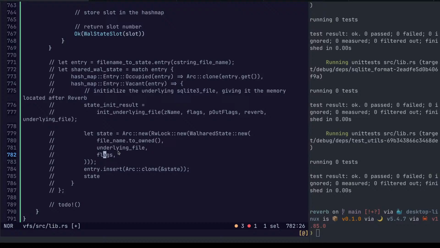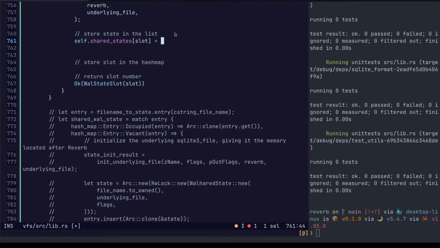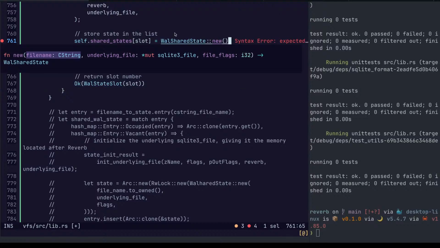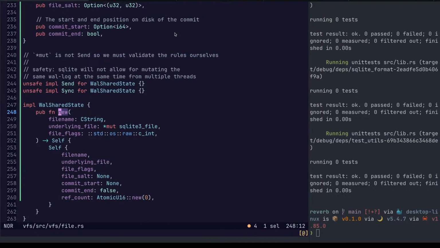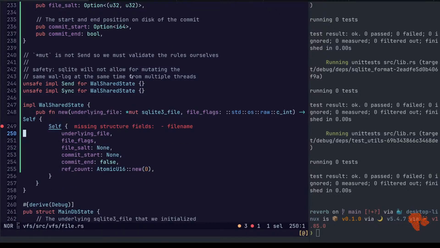Huh. And we can get rid of the file name here, because that's actually stored in the hash map.